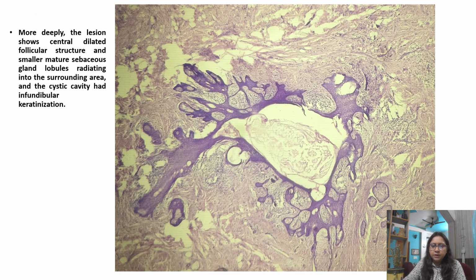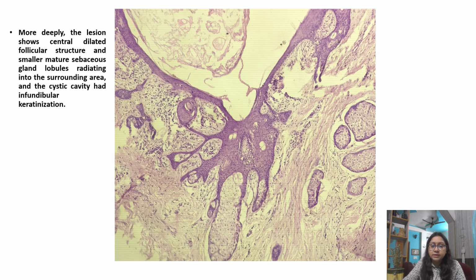In the same picture, deeper, you are seeing another area. We had numerous cystically dilated follicles in these sections. Here also you are seeing cystically dilated follicles, and it looks as if, like a pot, all the mature sebaceous units are falling down. You can see all the lobules radiating into the surrounding area. That cystic cavity had infundibular keratinization. Here also, in the deep lesion, we got a lesion showing a central dilated